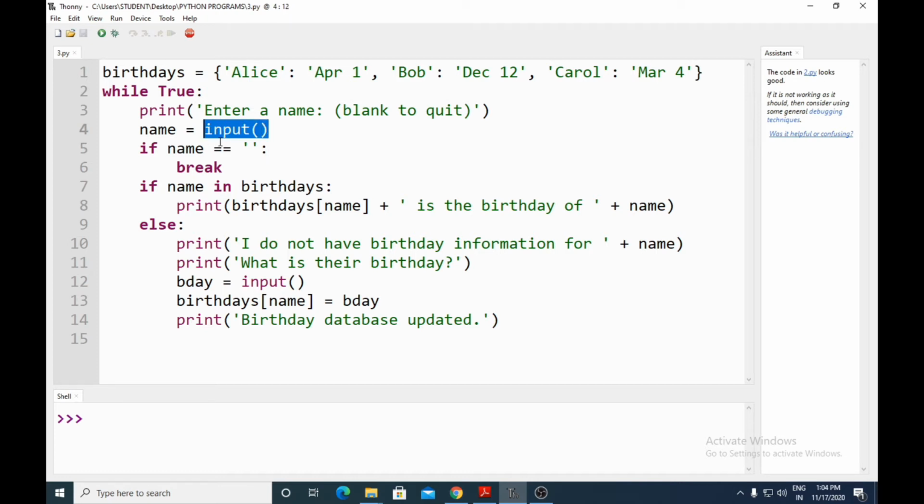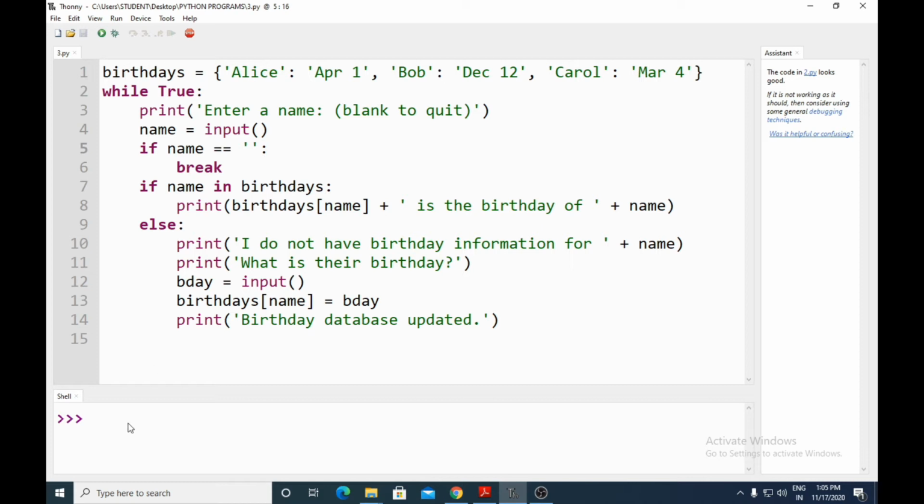The input method, and that name in turn will go to the variable name. The next condition is, if name is double equals to blank, that means if you have given a blank for a name, then you will come out of the program through break.